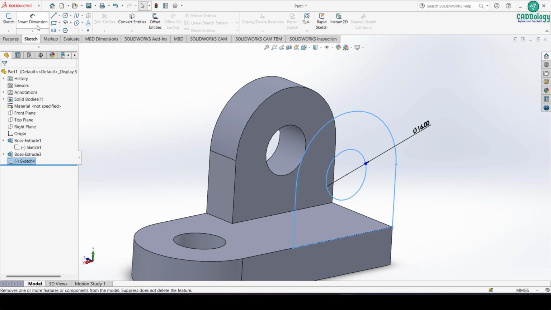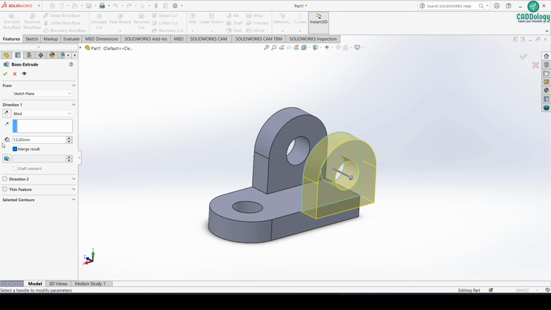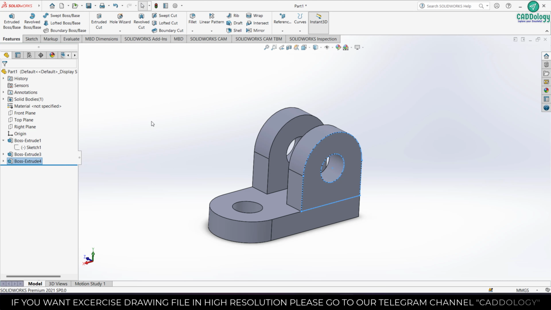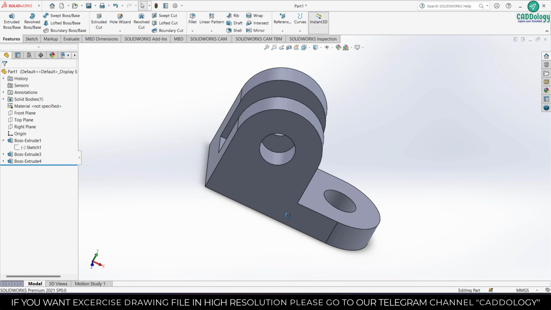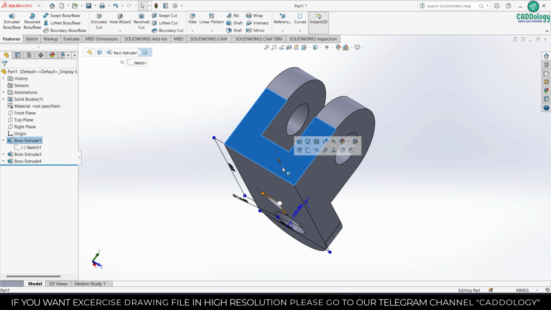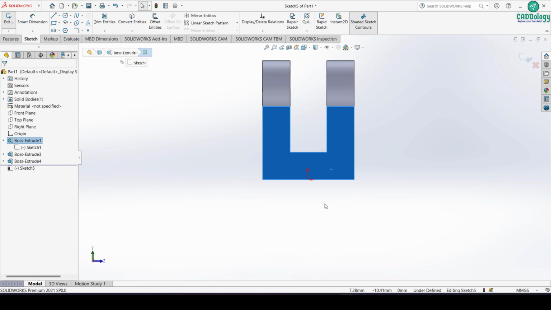And then go to feature tab and select extruded boss and put it on reverse direction and then OK. And now we select the back face as a sketch plane and make a rectangle again,